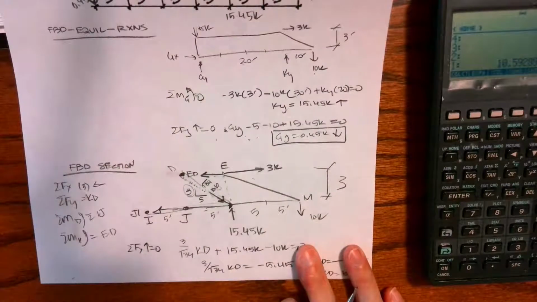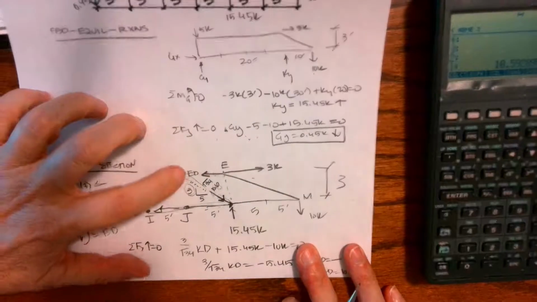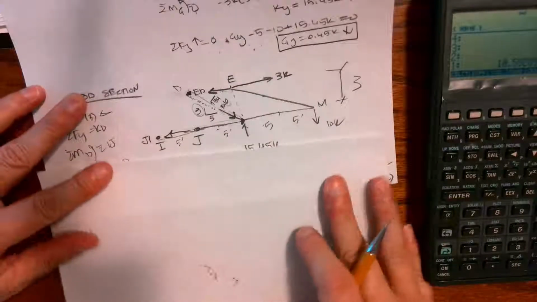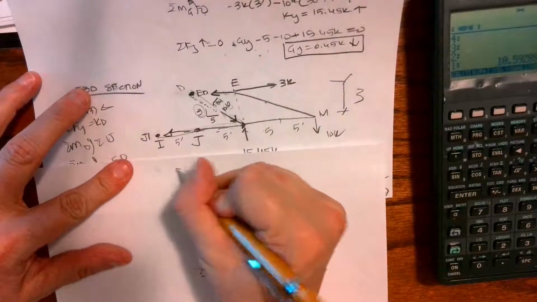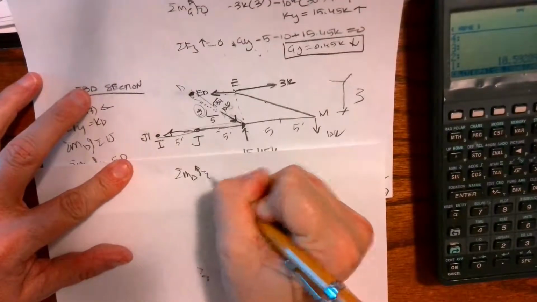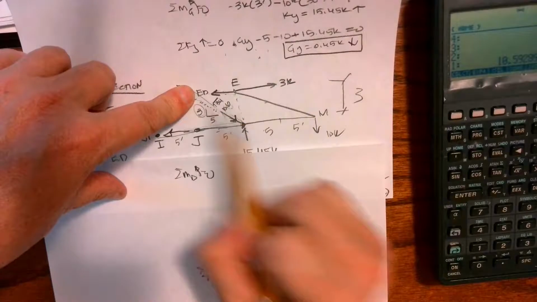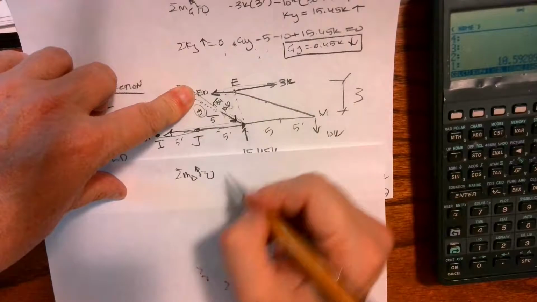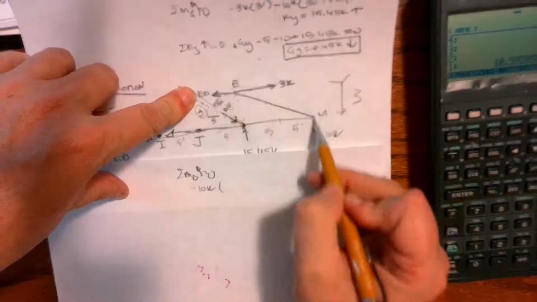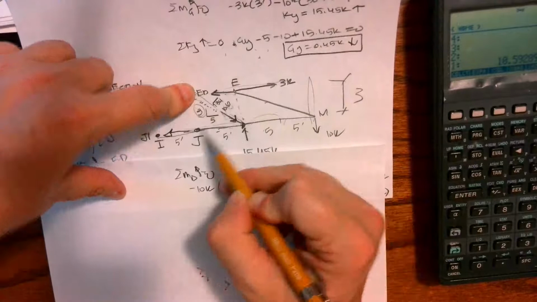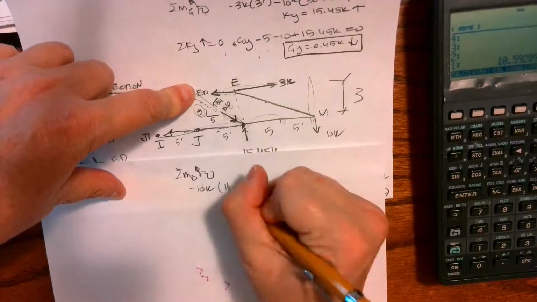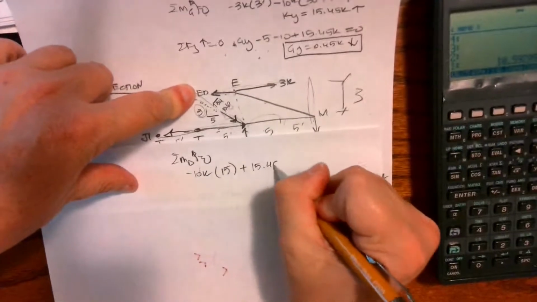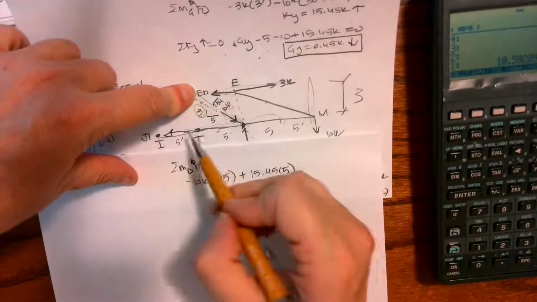Okay, so now I can sum moments up here about D. Just cover that all up. Let's sum moments about D. The sum of the moments has to equal 0. That gets rid of ED. It gets rid of KD. It gets rid of these 3 kips, so I have minus 10 kips times 5, 10, 15, plus 15.45 times 5, okay, minus